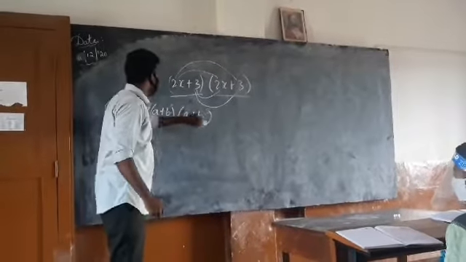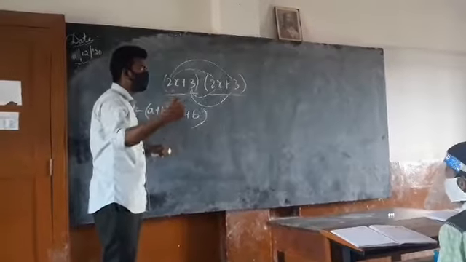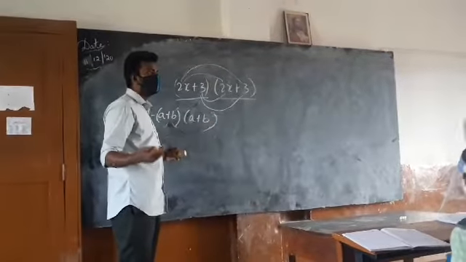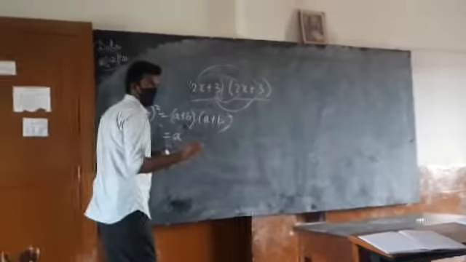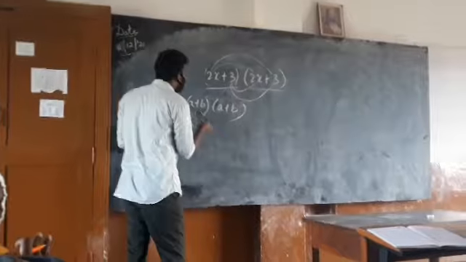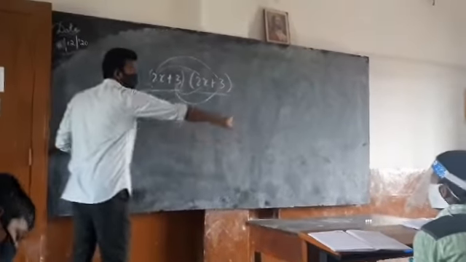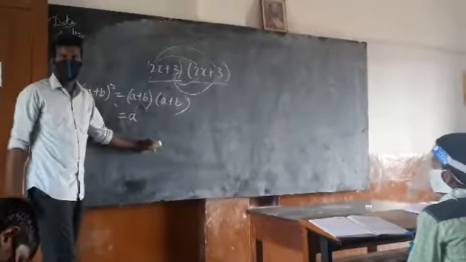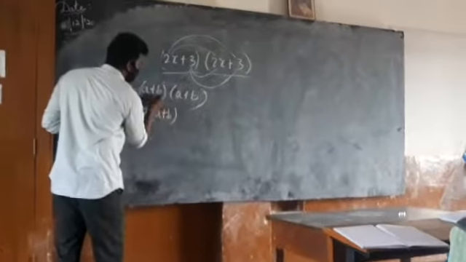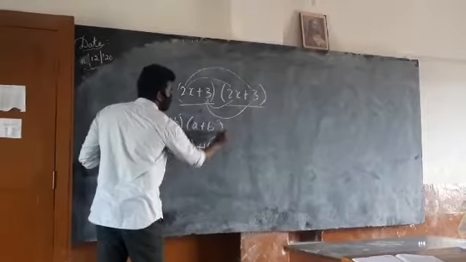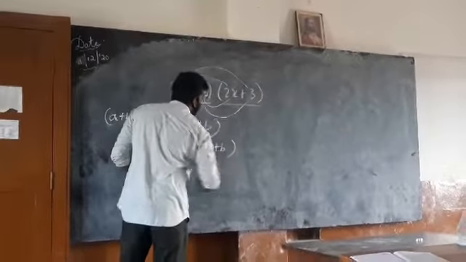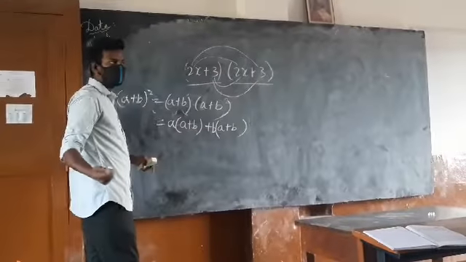So for doing binomial into binomial multiplication, what is the first step to be done? Yes, now faster. First step. No. Take the first term of the first expression, multiply with the entire second expression. So, first term of the first expression. Which side? B into. Very good. Now, monomial into binomial multiplication.